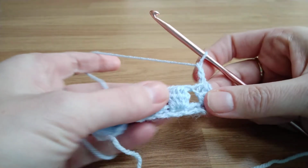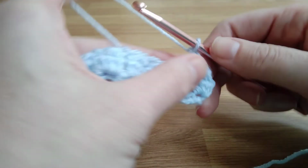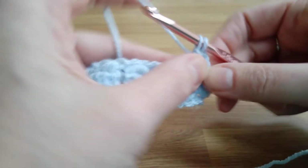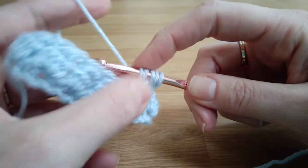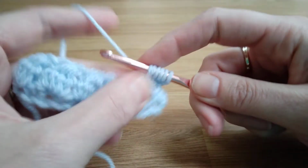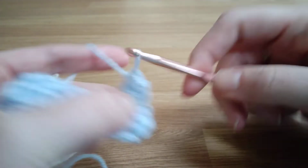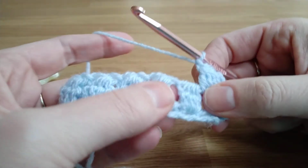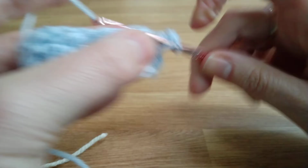Okay, so we're going to do exactly the same now, except all we're going to do is work into each hole. So yarn over and then into the hole, pull through, yarn over and pull through the first two. It's exactly the same, still just working on those front 2 loops. Okay, and this is my last one, so still got 5, and then pulling through all 5 and then chaining, and that gives us that little bit of extra length to the stitch so that I can reach the next hole. So moving on to the next hole, yarn over,